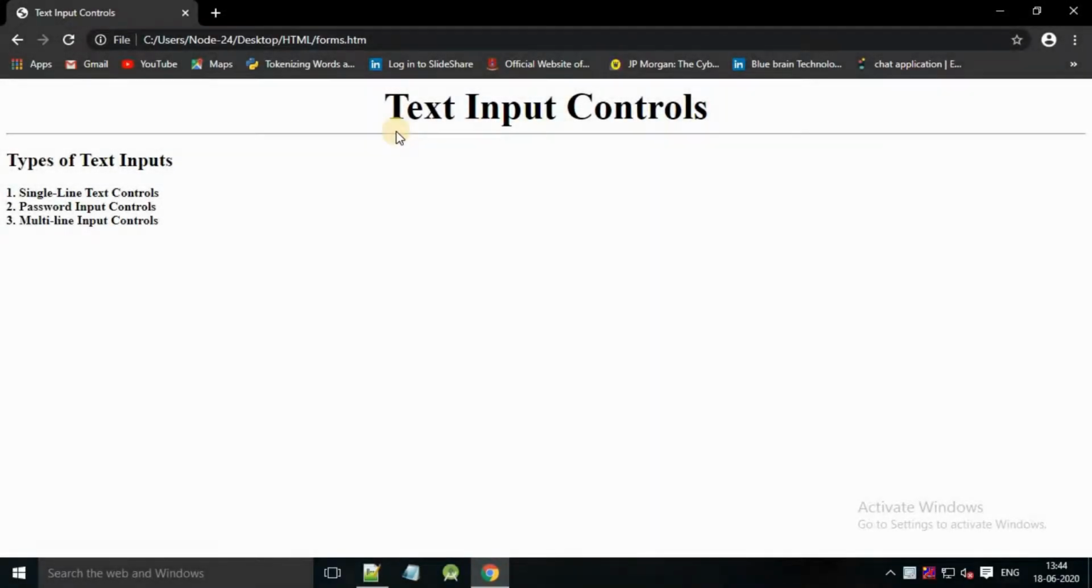In this video, learn about text input controls. Today we are going to learn about types of text input. There are three types of text input used on a form. The first is the single line text input control, the second is the password input control, and the third is the multiple line input control. In a single line text control,